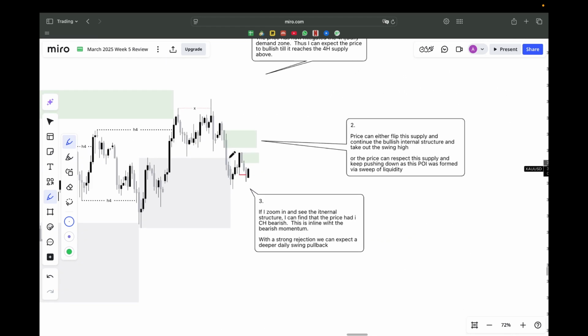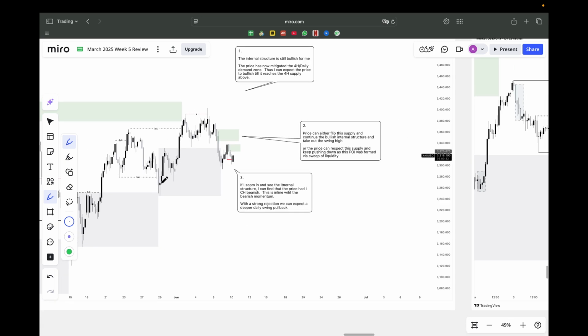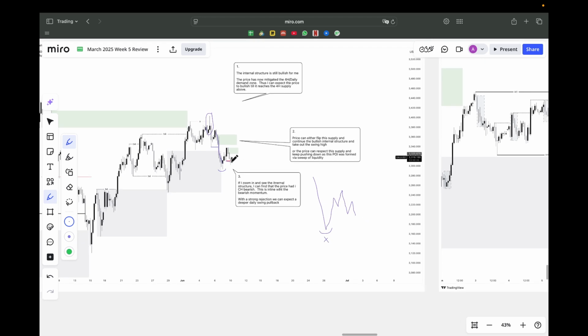Here you can see in the 4 hour chart, internal structure is still bullish, but price has swept a massive buy side liquidity and started to push down with massive bearish momentum. With this bearish momentum, there was a pullback, and price CHoCH bearish in this leg. So what we can obviously expect is this low becomes weak and can be targeted, and this structure is the same as here. Here we see that there is some CHoCH bearish, and this low can be easily targeted, and obviously if there is some momentum, then price can move and take out this low also.